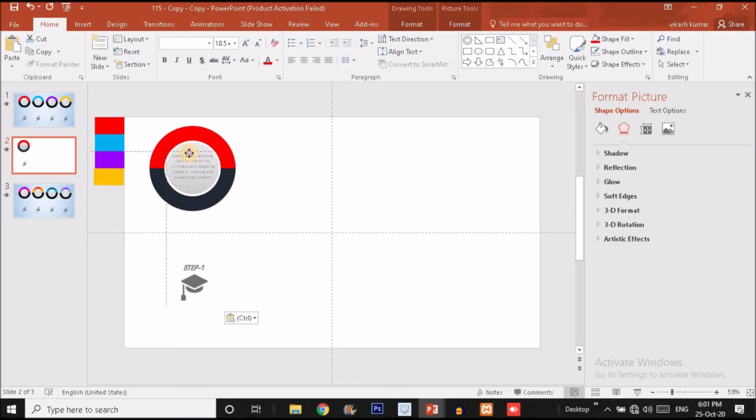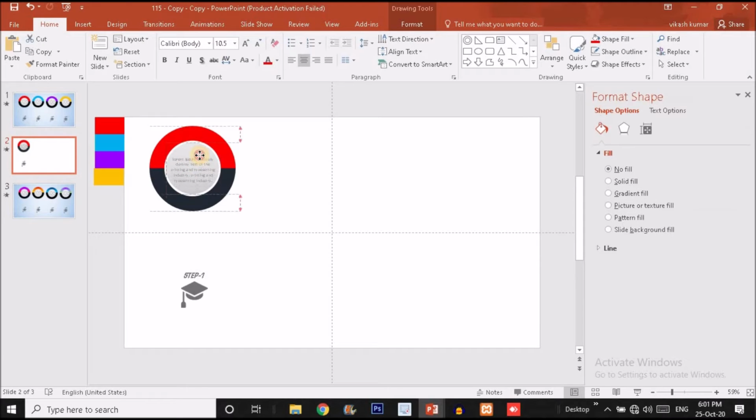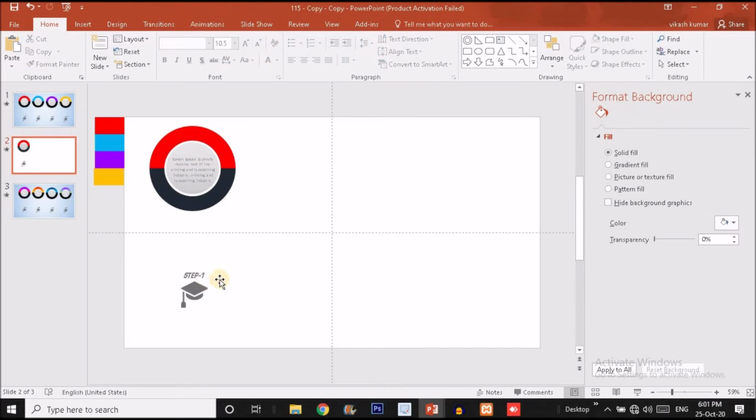Now I will adjust it like this. Let me adjust it. Okay, we're done with this. Now we're done with the shape, guys. Now what we have to do is add animation over here. So creating the shape part is over. Now it's time to start adding animation.